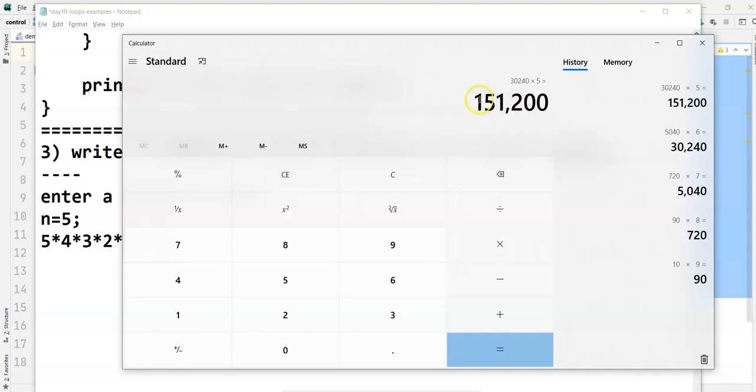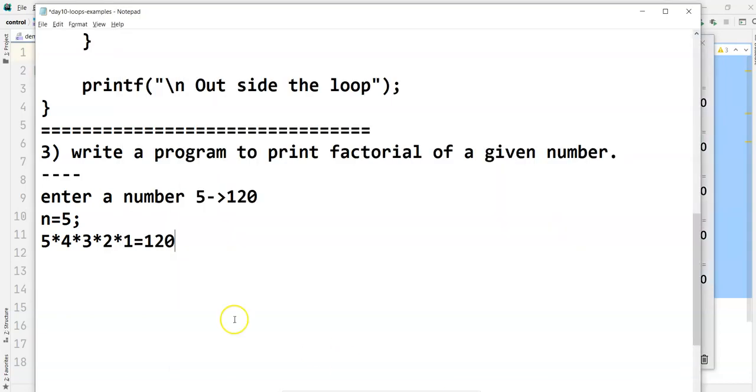We know for an integer, the range is like 32,767, something like that. So to get a bigger range, we know there are different data types. Long supports from minus 2147 onwards, and we want to find the factorial of a positive number, right?